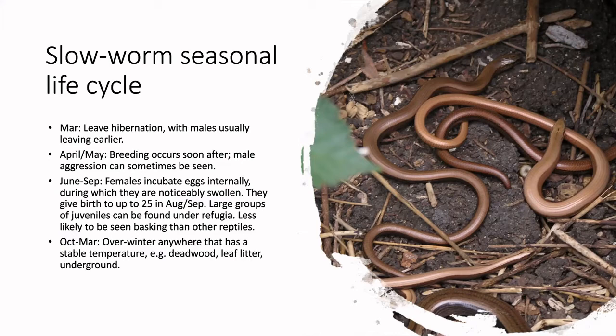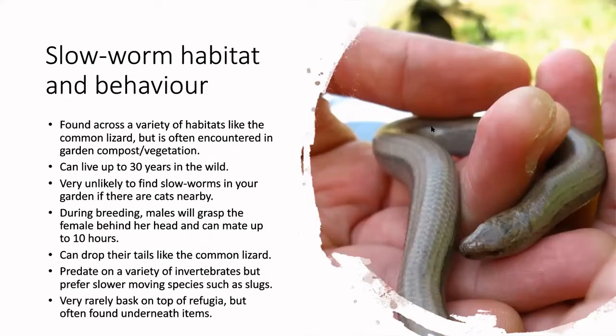And they are less likely to be seen basking than other reptiles. So you tend to find them underneath things rather than on top of things, like the common lizard. And then in October and March, they overwinter in similar places to the common lizard. And they're found